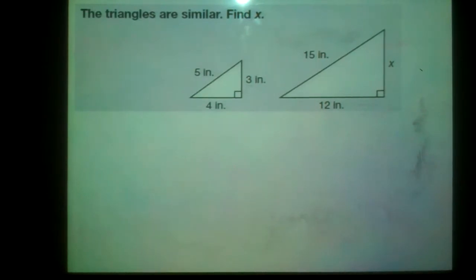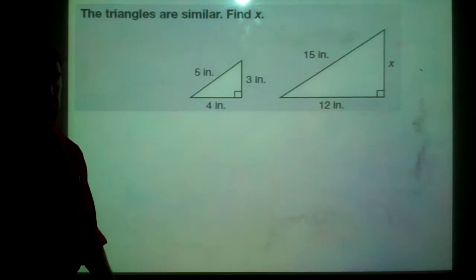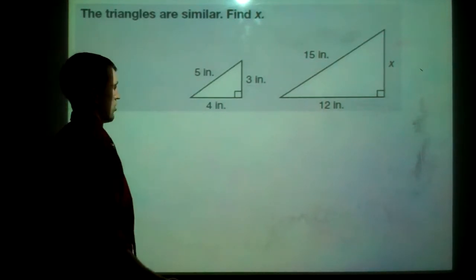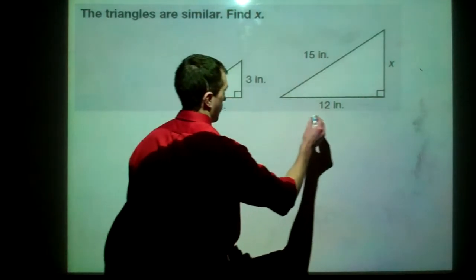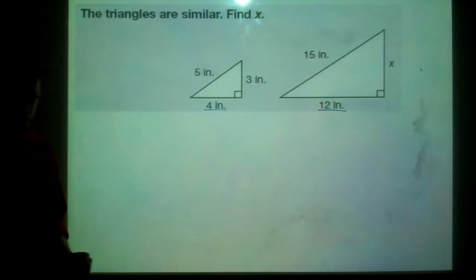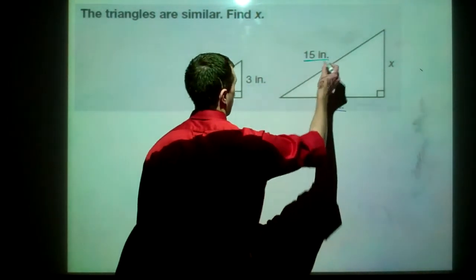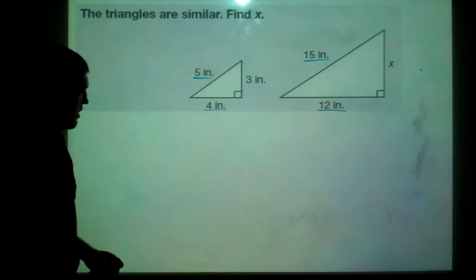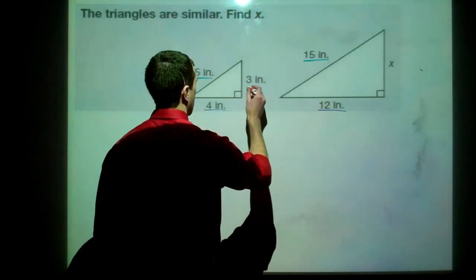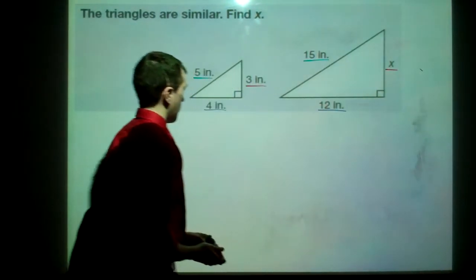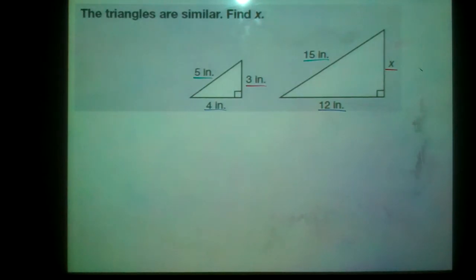This one says the triangles are similar, find x. So if these triangles are similar, that means their sides are proportional. So this side looks like it goes with this side, with this side, and then the 3 inches side would go with the x. So if we compare the two blue ones, it looks like we are